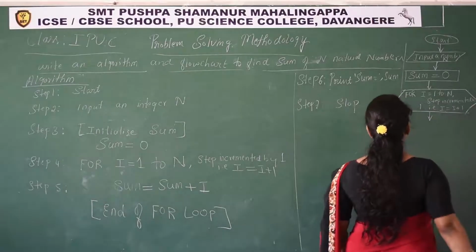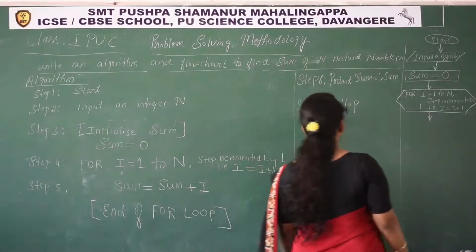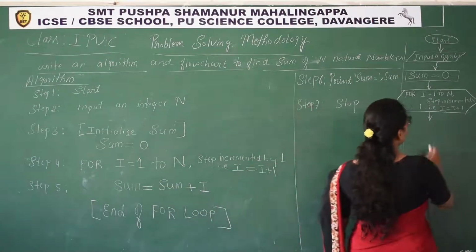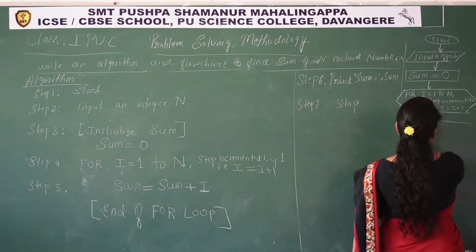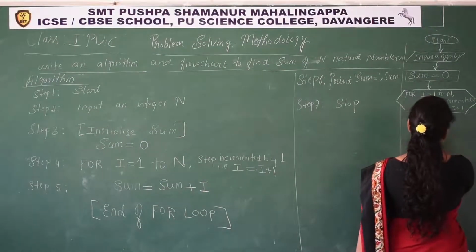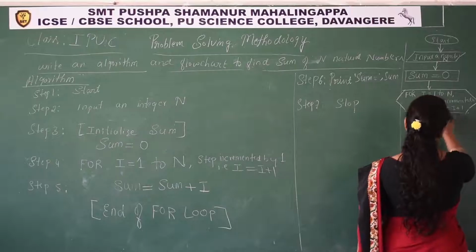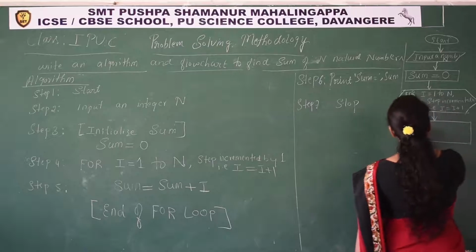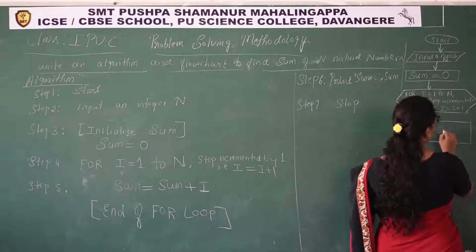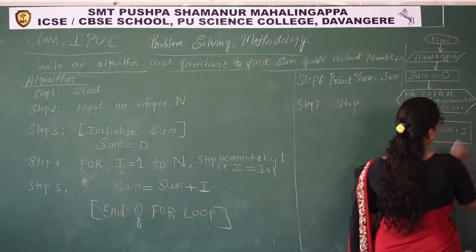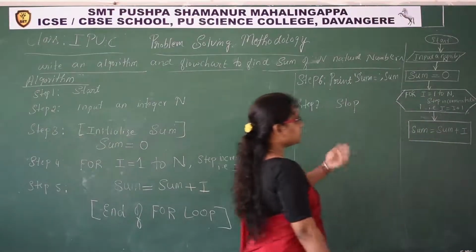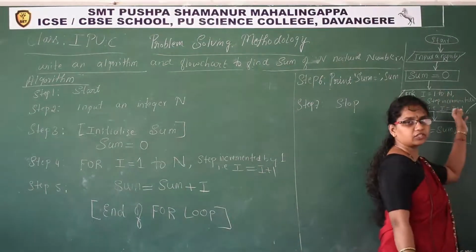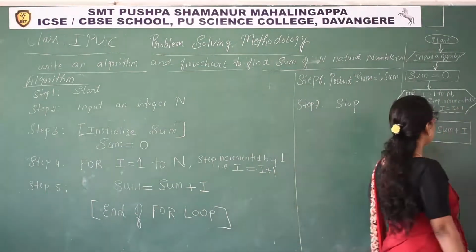Now the body of the for loop, what is there? Calculation part is there, no? Sum is equal to sum plus I. Then we should write square, sorry, rectangle, sum is equal to sum plus I. Now this statement has to execute repeatedly, until the condition is satisfied. When the condition becomes false, then it has to terminate.